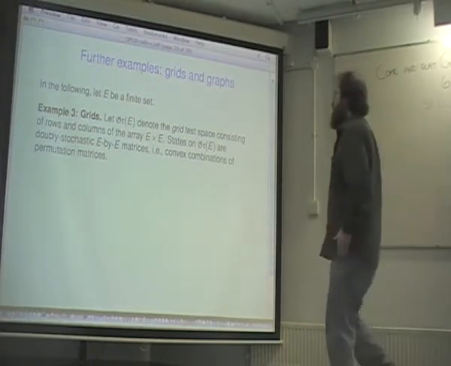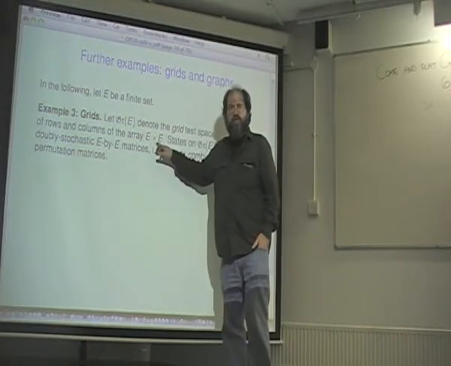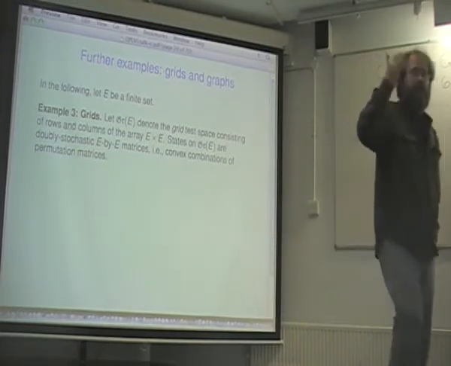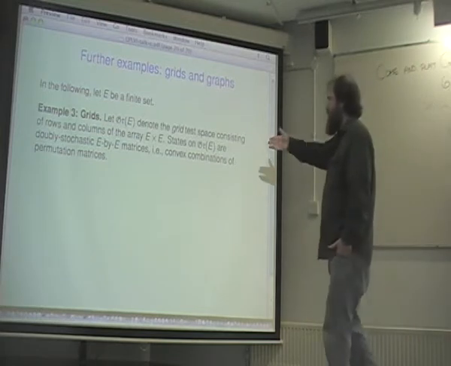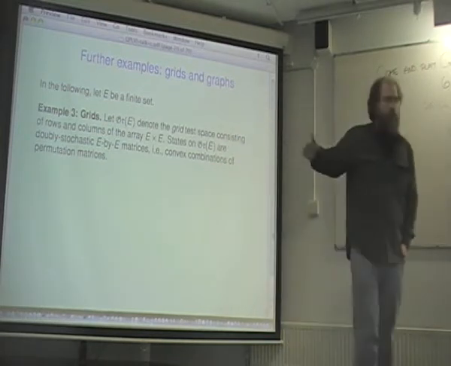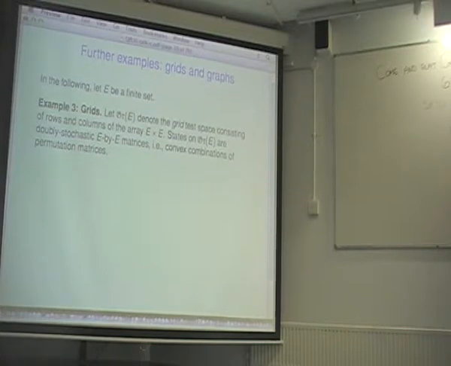It's pretty clear that then states would be functions on E cross E, that would be the total outcome space, that add up to 1 independently on every row and every column. So that's a doubly stochastic E by E matrix. The state space is a nice, well-studied convex set. The extreme points would be permutation matrices. The states, therefore, are convex combinations of that sort of matrix. Okay? So far, so good? That's a test space with a nice state space. Here's another